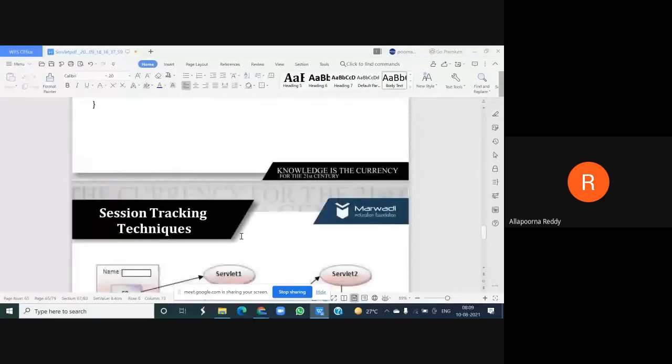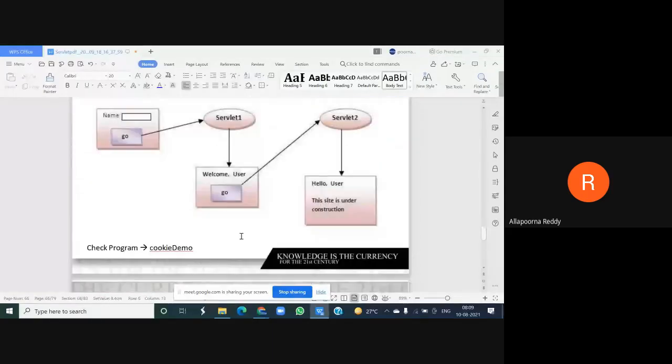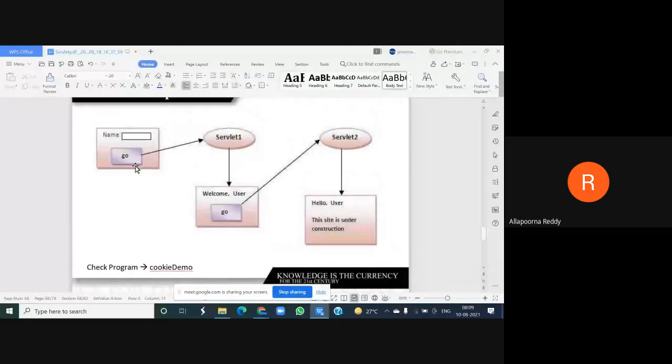Now, this is what I just made as an example for your demo. If I try to enter some name and click on go, it moves to my web server to execute my servlet 1. Then it goes to welcome user. Then if I click my go button once again, it moves to servlet 2.